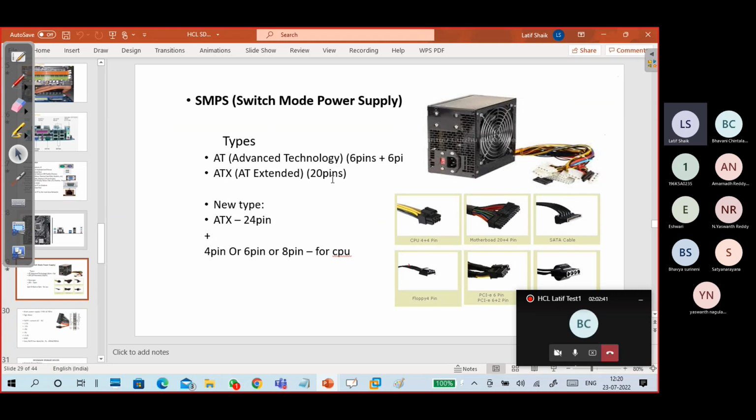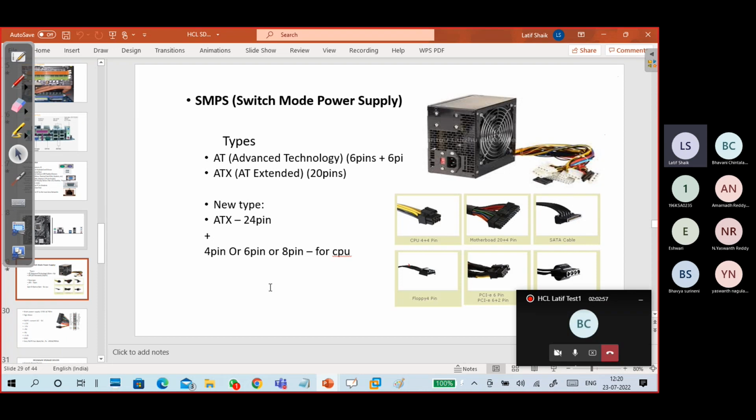Earlier 20 pin ATX, now 24 pin ATX. Plus another important one is an extra 4 pin or 8 pin connector for the CPU. 4 pin type, 6 pin type or 8 pin type extra connection is there. Another one is graphic card related power connection, which also comes extra. For a graphic card you also have to give the connection if you are going beyond 4 GB kind of stuff,